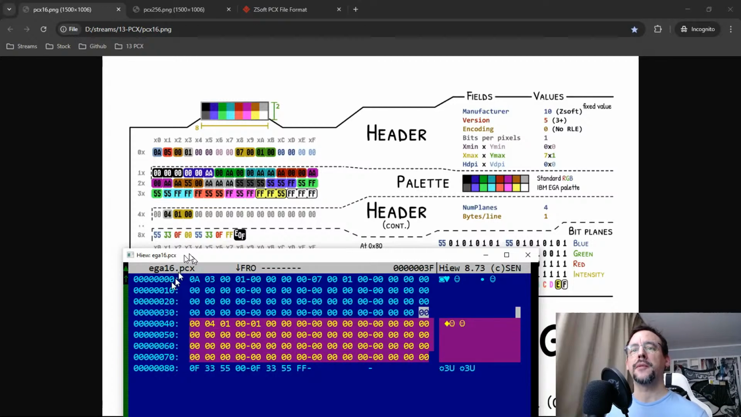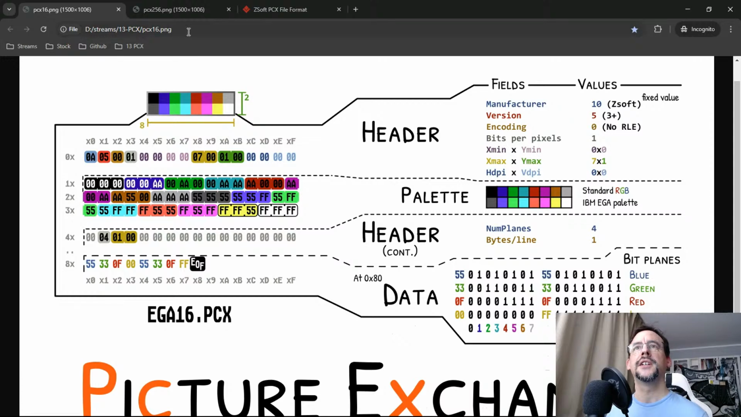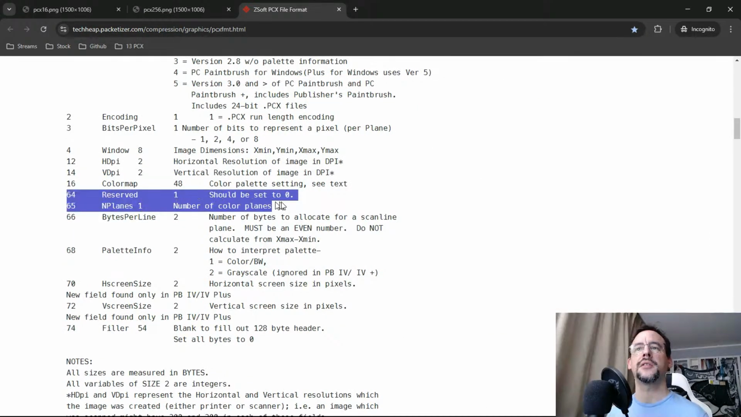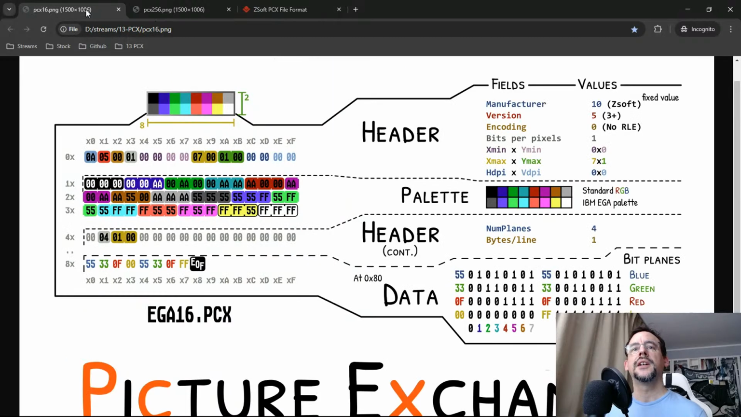So the palette was from 10 to 3F. Then the header continues, even though usually it's a one-liner. I like that the one at 40, here it says reserved, should be set to 0, is supposedly storing the graphical mode. You know, the one that you set with interrupt 13